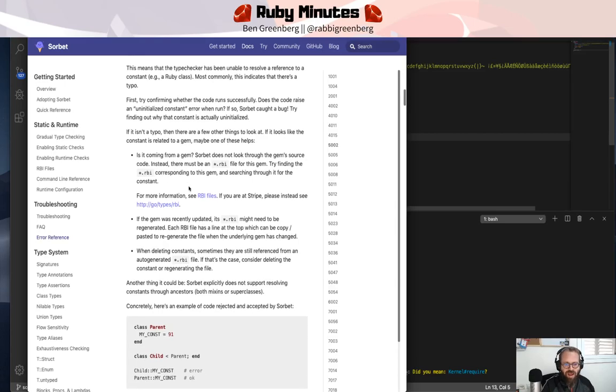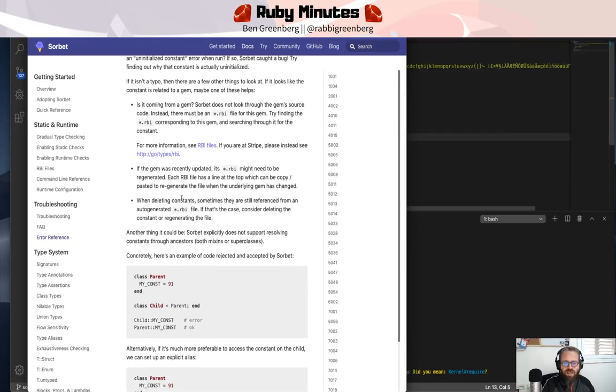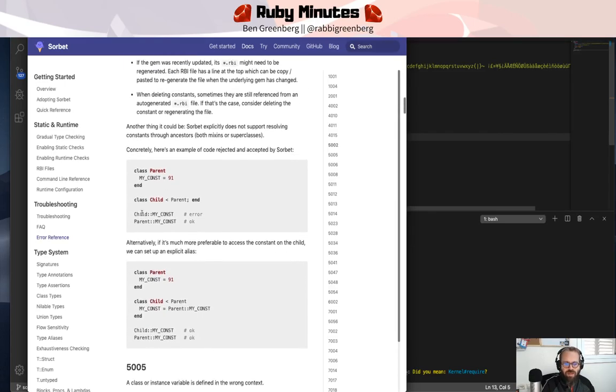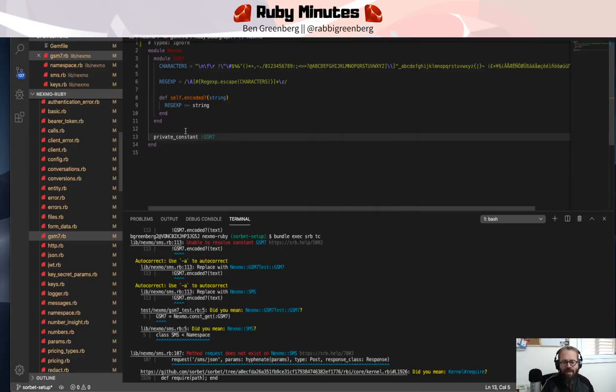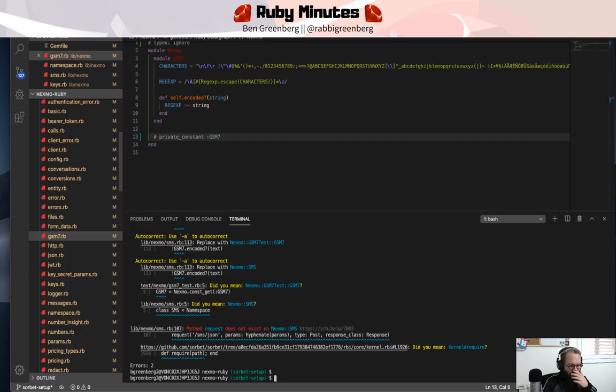Instead, it's not actually being able to find it directly because it's not part of the public interface. So there's a couple ways we can address this. The simplest way, and this of course depends on the design architecture of your application, is if we don't need to make it a private constant, let's just comment it out and see what happens. Once we comment out something, by the way, we need to regenerate the hidden definitions file